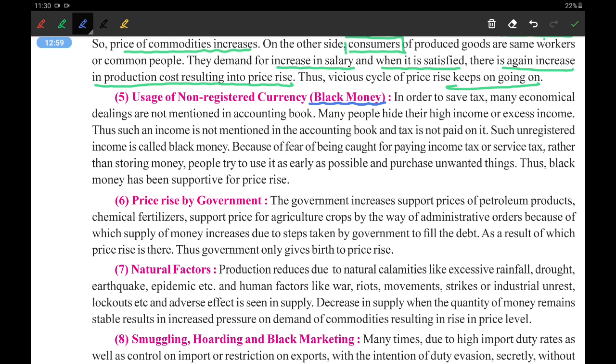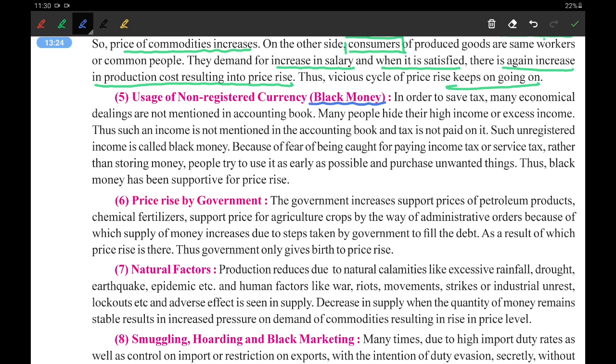So now what is black money? Black money is not black color money, but in simple words, money on which tax is not paid is called black money. Now how is the tax not paid? Government takes tax from all individuals for doing business and all other activities. There are various types of tax. One of the major taxes is called income tax.